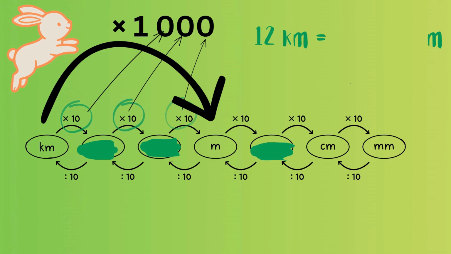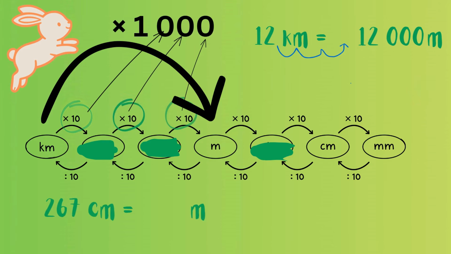So this will be 12 kilometers times 1,000. Or you jump 3 times with the comma. If the comma is not visible and you don't see it, it hides behind the last number. In this case, it's the 2. So if you pick up the comma and you jump 3 times, 1, 2, 3, you will now see in these boxes that there is no number written there. So whenever there is an open box, you write zeros. So this will be 12,000 meters.